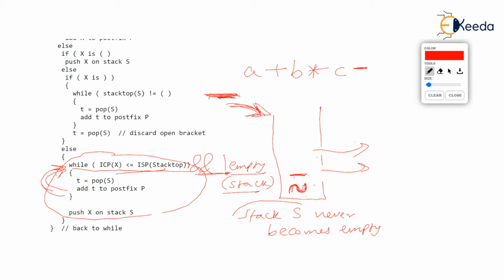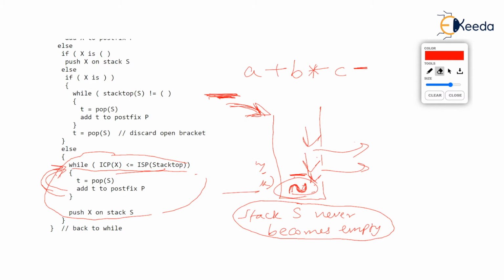In the worst case, the algorithm will come down the stack, down, and it will reach tilde symbol, and tilde symbol will say anybody is welcome because I have least priority. So tilde will be never popped and stack will be never empty. If that is so, then we have avoided one condition in the while loop, that stack should not be empty to perform any operation on the stack. I hope you got the idea of why tilde is pushed initially.